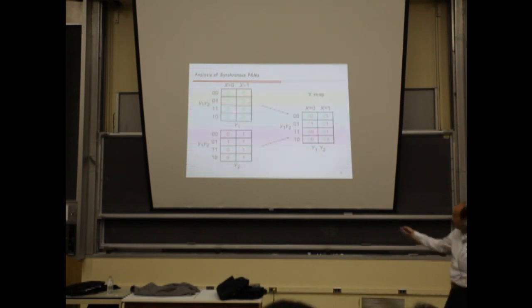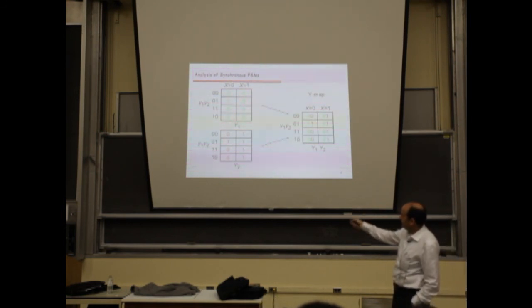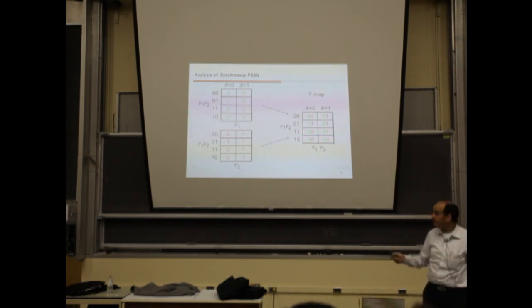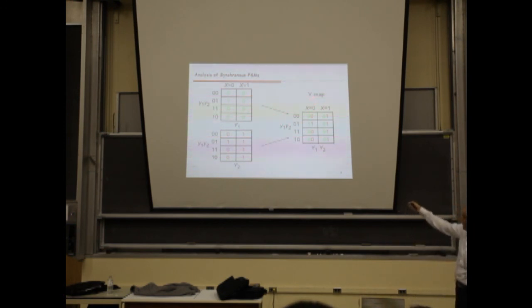Now we can just take Y1 and Y2 and collapse them together into one table here, which describes the behavior of the big Y's, which are the next state variables, as a function of the current state and the input. So now I can build my circuit, or the state diagram of my circuit,